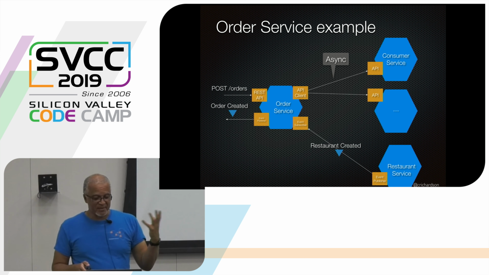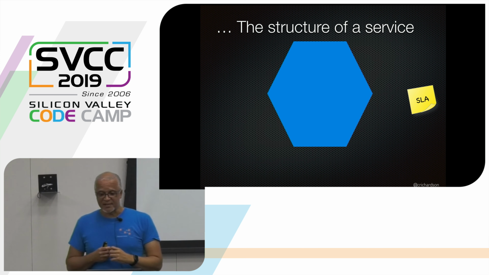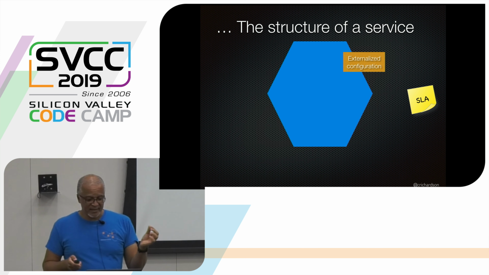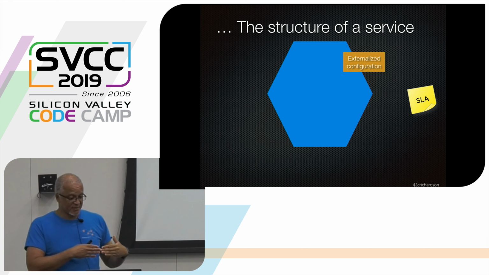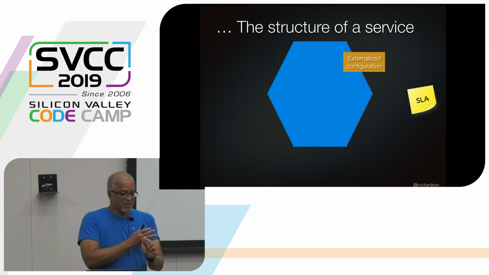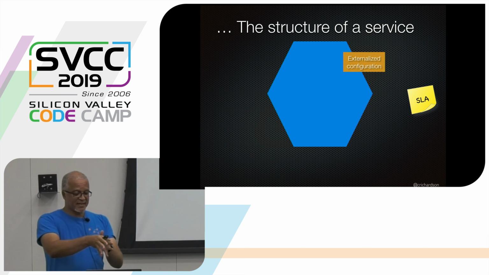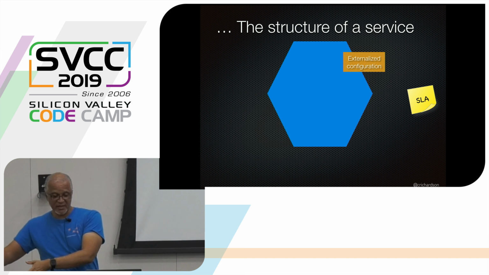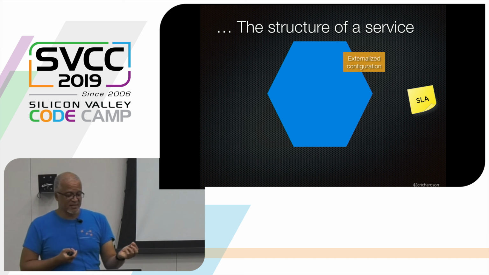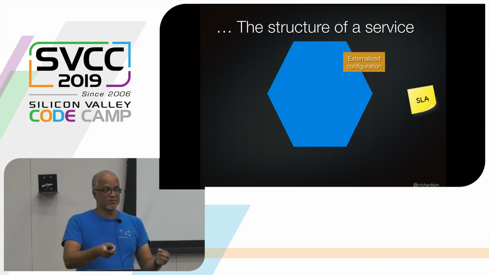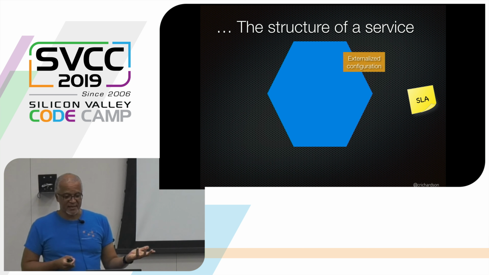There's a bunch of details there, but that's sort of to give you a flavor. Then there's also the operational aspects of a service. It will typically implement some externalized configuration mechanism. So for instance, you will typically build a service once and then run it in different environments. Testing, staging, production. You cannot hardwire the database credentials into the service, for instance. You want to pass those in at runtime, and that's the job of the externalized configuration mechanism.